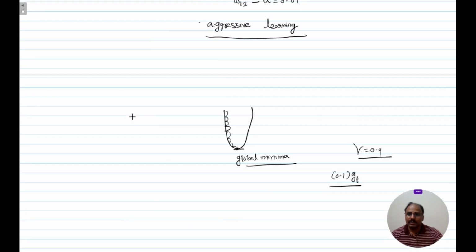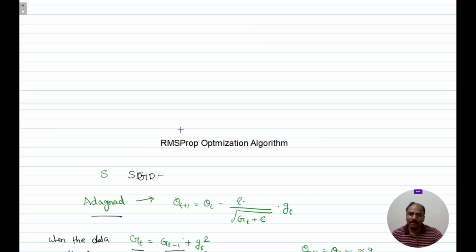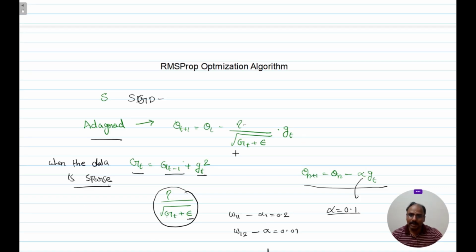Okay, so this is the way to optimize our weights and biases in an artificial neural network, that is either a single layer neural network or multi-layer. Especially these optimization algorithms are used in multi-layer